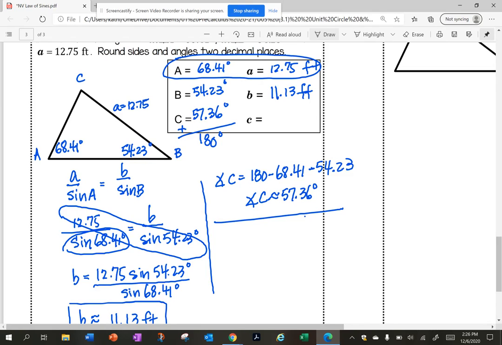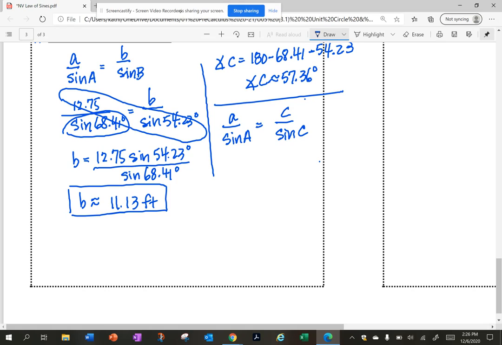Okay, so my last part I need to solve for is side C. So I'm going to go back to using original information. So I am going to use the sine of A. I'm going to use A and C this time as my two fractions. So I'm using my fraction in the same order. So this is going to be A over sine of A equals C over sine of angle C. So substituting in,